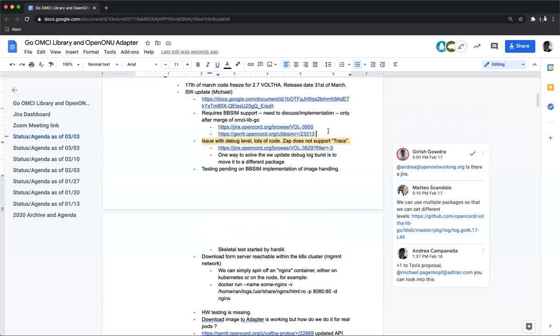It shouldn't be too much work in BBSIM, at least for a first implementation in which we don't care about the image details or anything. The question I had was, do we have any concern about what BBSIM should do to validate the image, if it has to do anything?